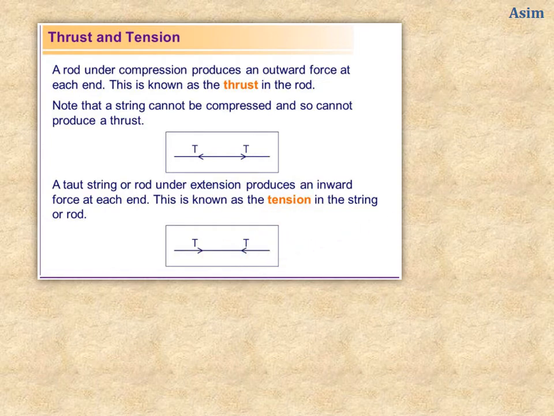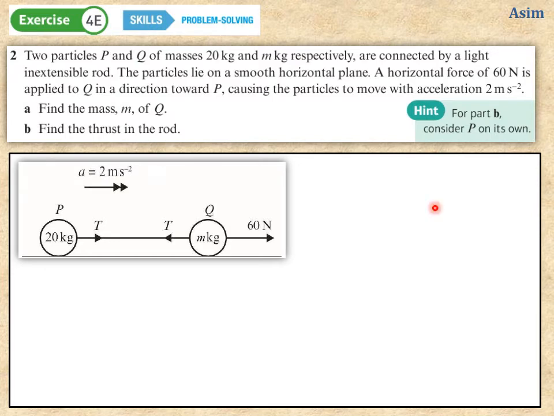Okay, let's go ahead. Now let us take this example. These two objects P and Q are connected with the help of a string here. The masses are given as 20 kg and m kg respectively. This is exercise 4E, by the way, in your textbook, question number 2. They are connected by a light